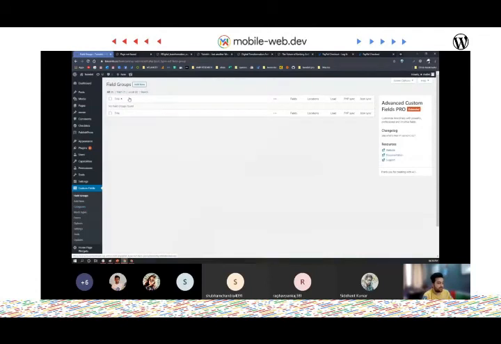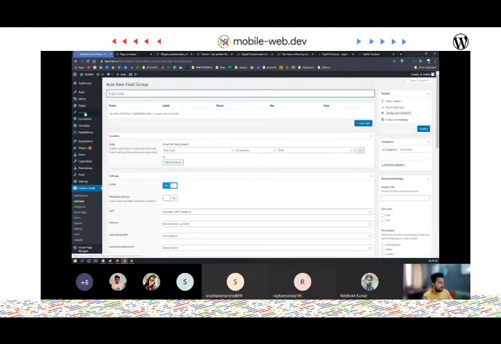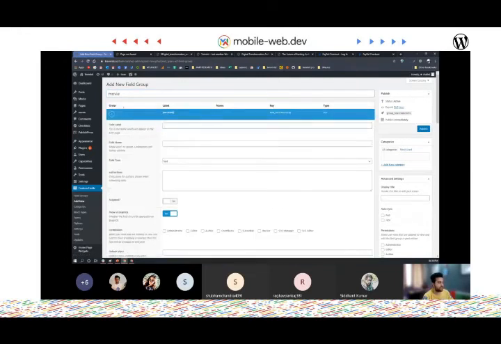And here I don't have any kind of fields right now. So firstly, what you need to do is create a field group. We'll add some more fields inside our movie. We'll name the field group as movie because that is how we'll recognize it, and then we start adding our own fields.